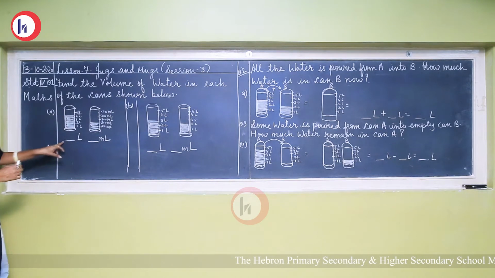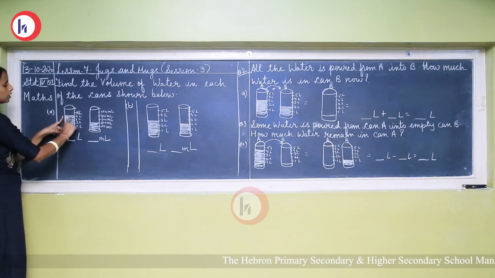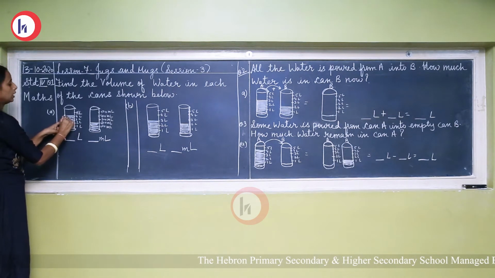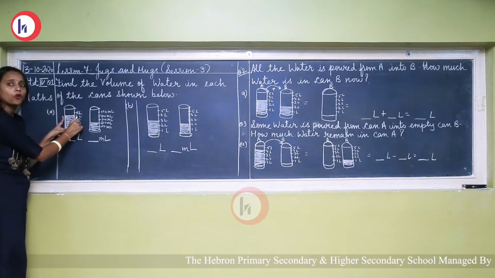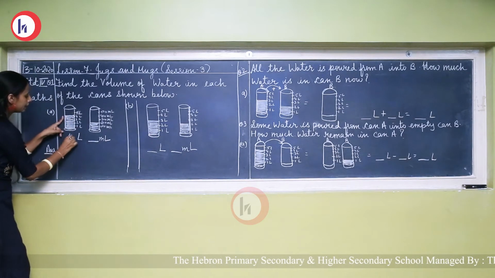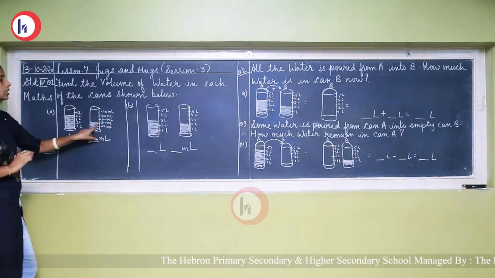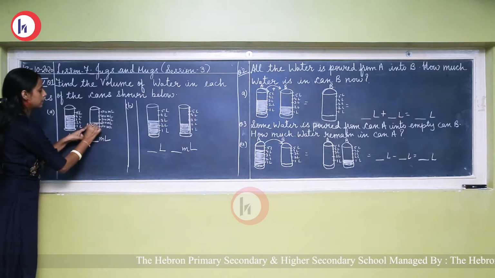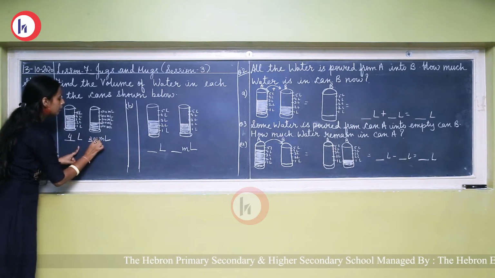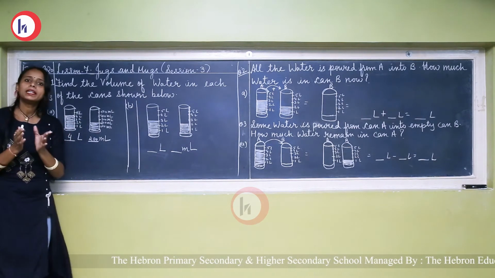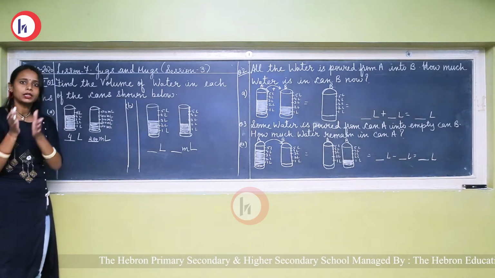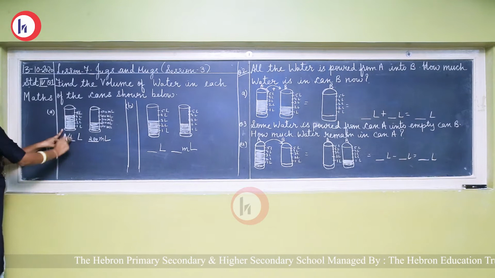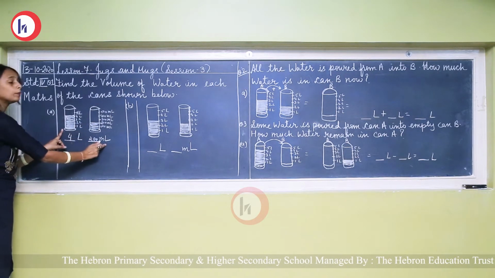First of all, see the first can. See, here's water. Now where's the water level in this can? See, it is pointing on the 4 liter. So we will write here 4 liter, and see this is the milliliter can. Here the water level is on 200 milliliters. When we write liter and milliliter, we can't add them. We have to write them together in liters and milliliters. So the volume of the first can is 4 liter and 200 milliliter.